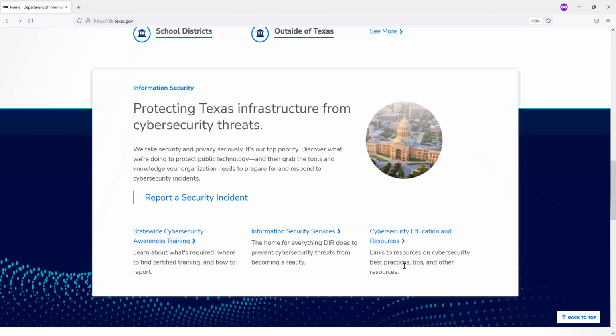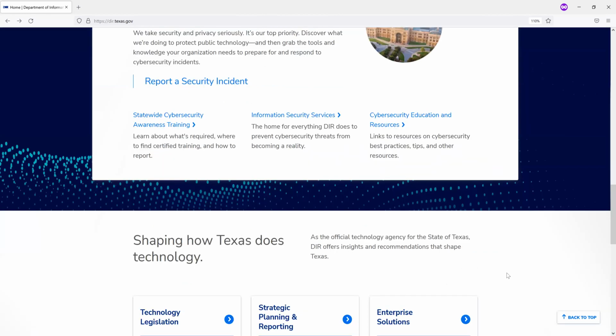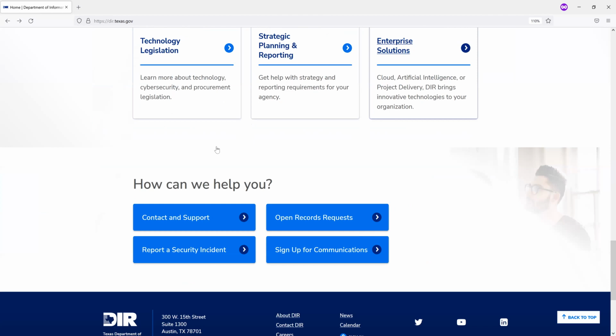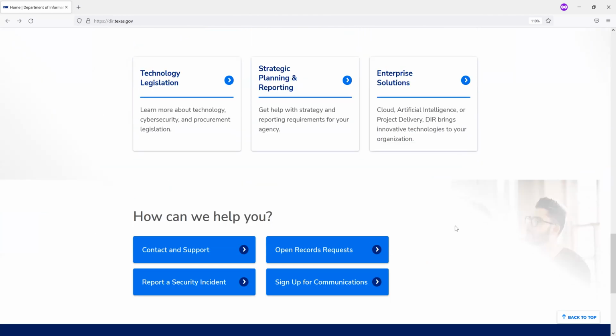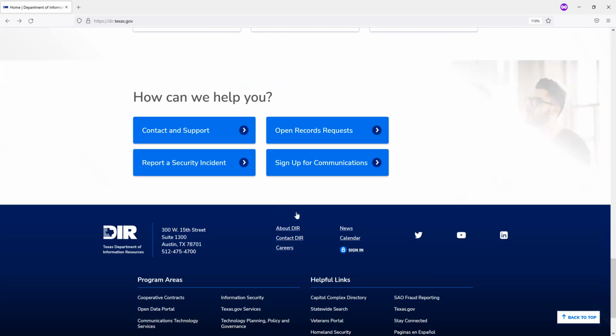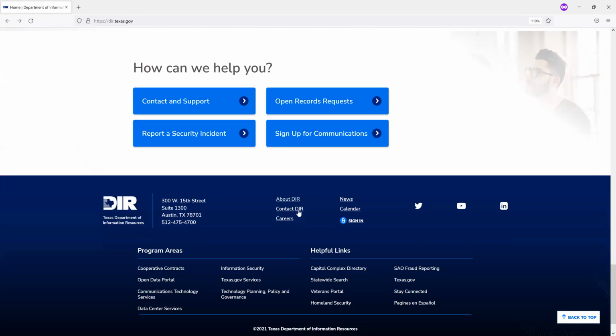And then you'll see here, we have a pretty prominent box for information security. It's related to all of our information security, policy, guidance, anything that would be relevant to y'all. And as we keep going, we'll have more updates down here as well. And I wanted to show you at the top, you also had this contact DIR.